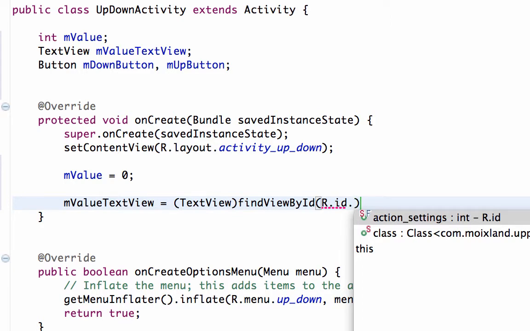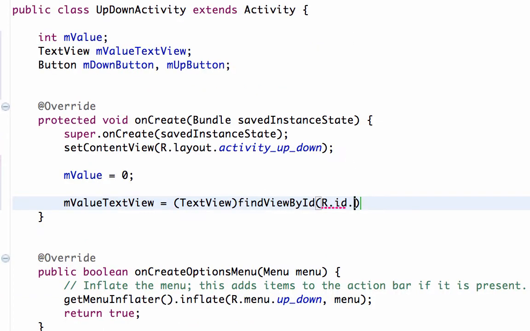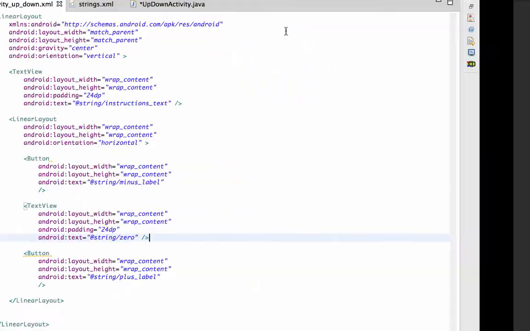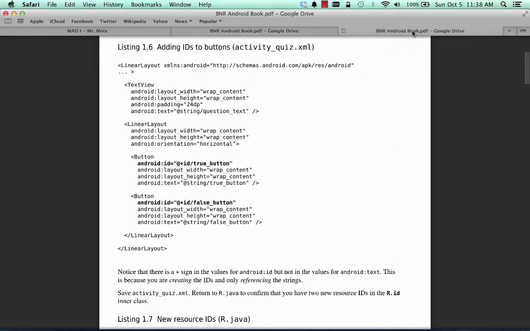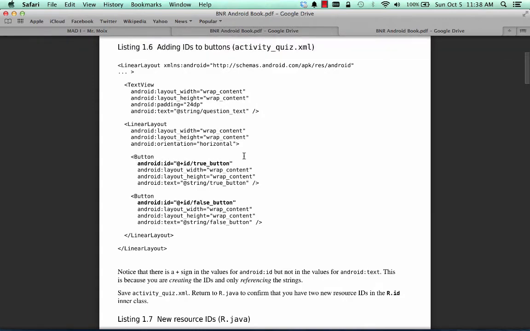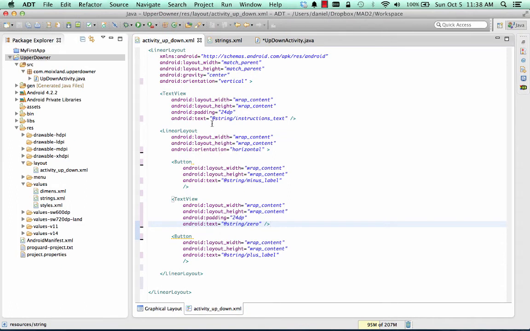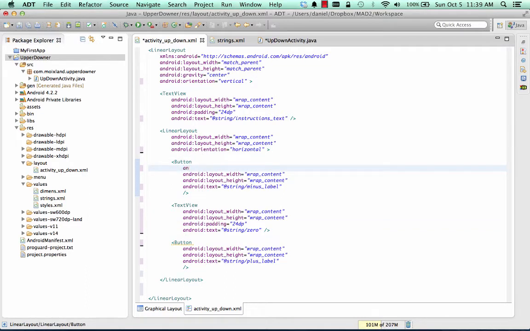Uh-oh. This is where we ought to see R.id dot, you know what? We didn't label these things. This makes sense. So we're going to have to pause here and go add some labels. So how did we do that? Well, in the Android book, we added android:id statements to label all of these elements. So which of these things need to stay the same? Instructions can stay the same, so it doesn't need a label. But our buttons, for sure, if we're going to manipulate them in Java, we need to go android